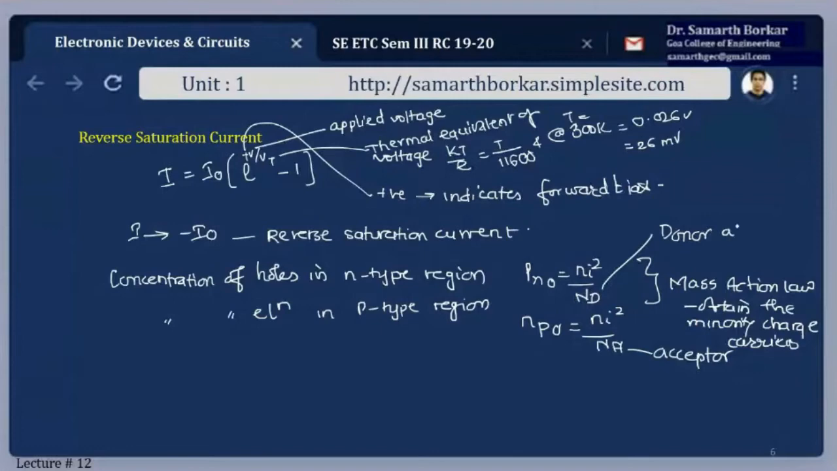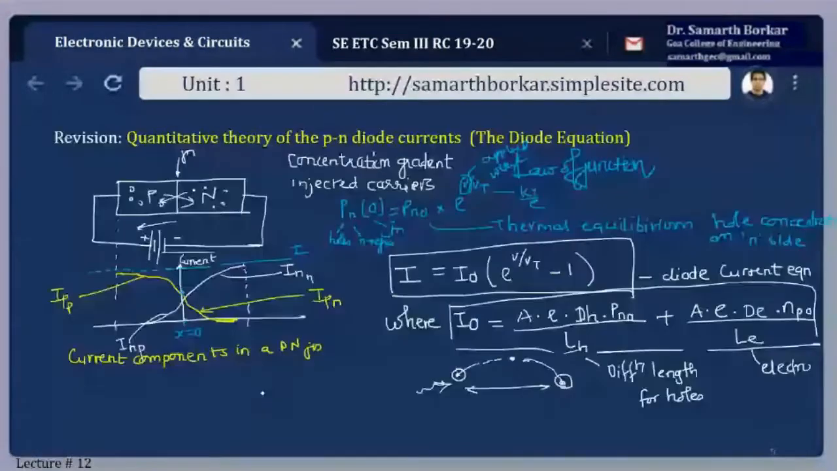Donor atoms and acceptor atoms. We had, if I substitute PNO equal to Ni square by Nd and NPO as Ni square by Na in this equation of I naught, if I substitute the PNO value and NPO value from the mass action law,